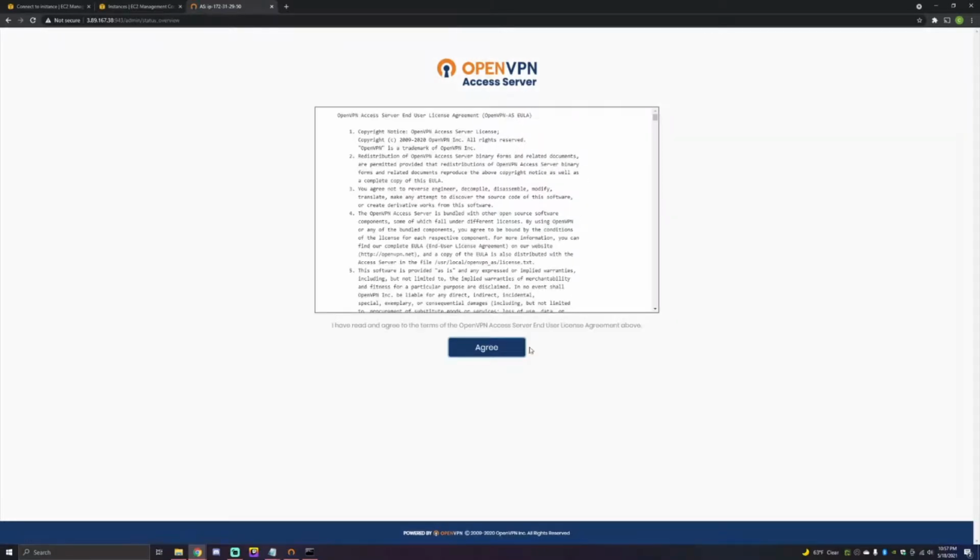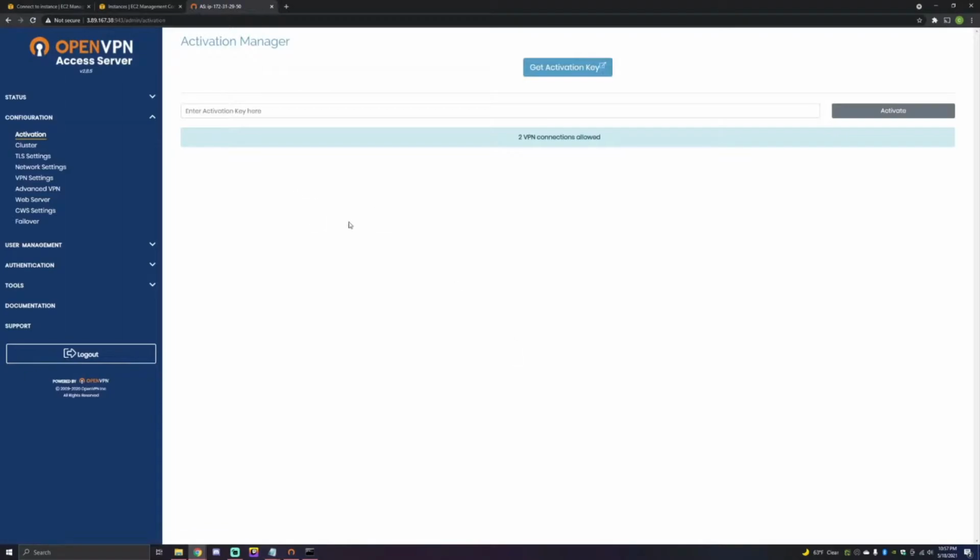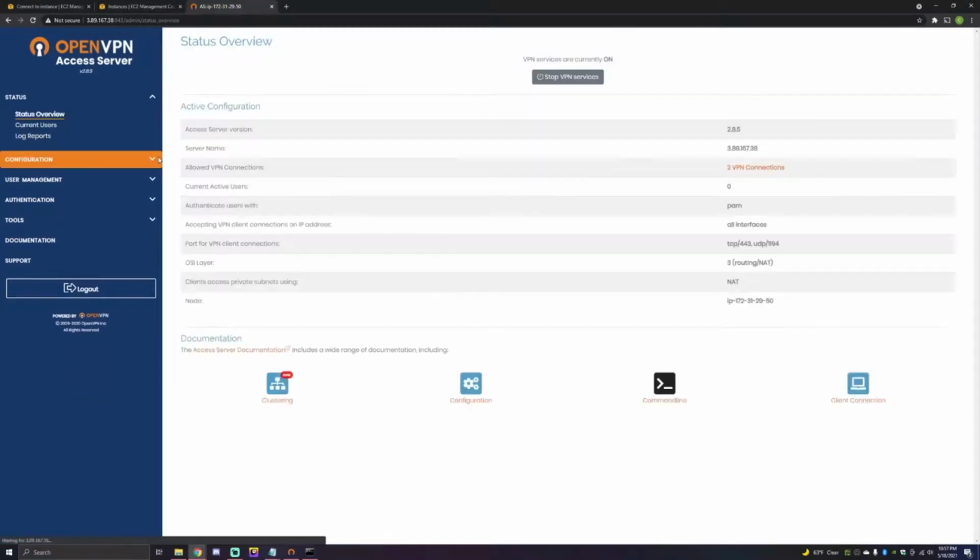And here we need to accept the end user license agreement once again. And it will bring us to the GUI interface for the OpenVPN Access Server. This is something I suggest that you get familiar with on your own. Shows you some interesting configuration details, and it's a relatively simple system. So the next step, I'm going to log out,